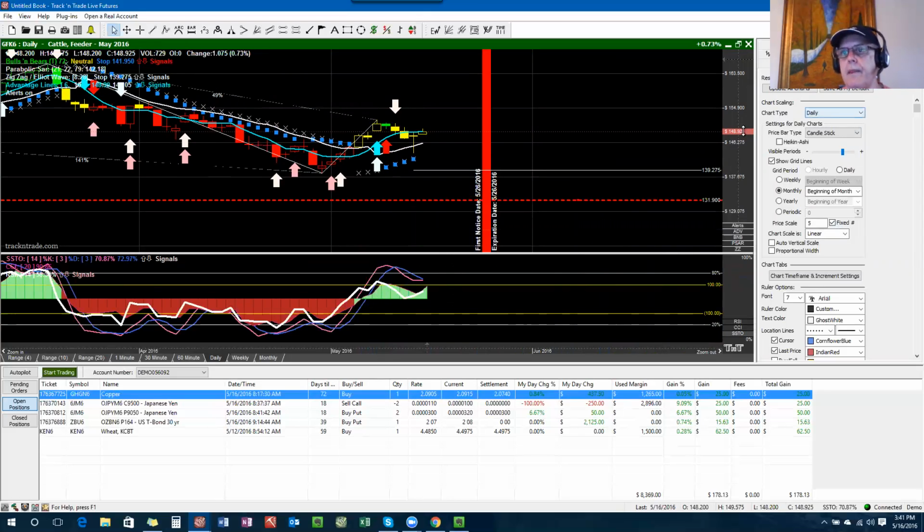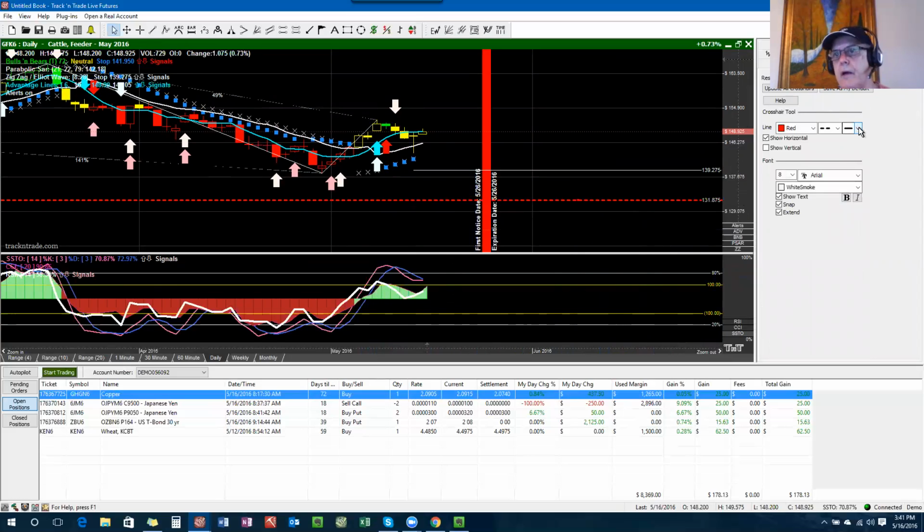Go back to here. I use this for daily, this for weekly, this for monthly. So three bars wide are monthly support or resistance. And I use red for support. I use green for resistance. So let's go back over and look at a